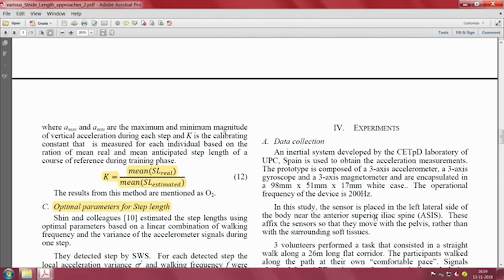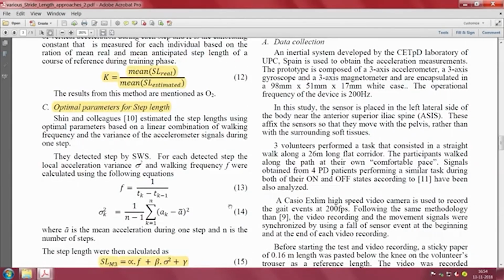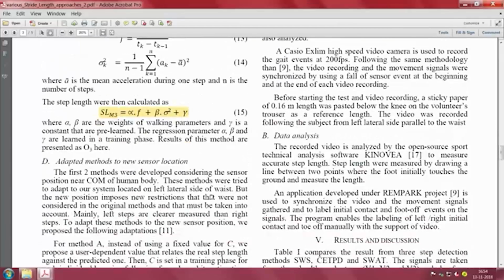K, as I mentioned, is a calibrating constant, and essentially it is a ratio of the real mean stride length to the mean stride length that is estimated. Essentially it is just a ratio. So, then there are optimal parameters that the authors talk about for step length and other methods,